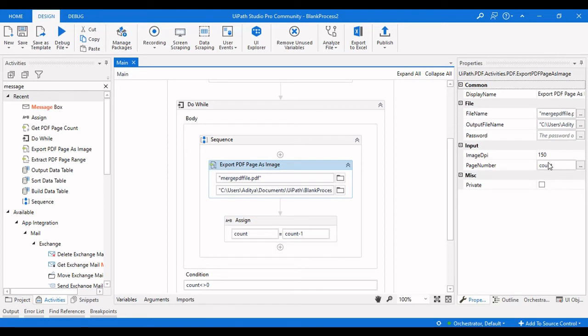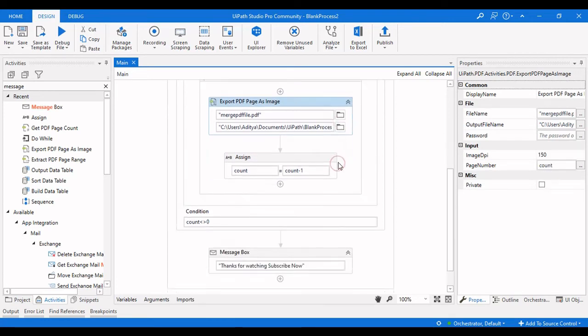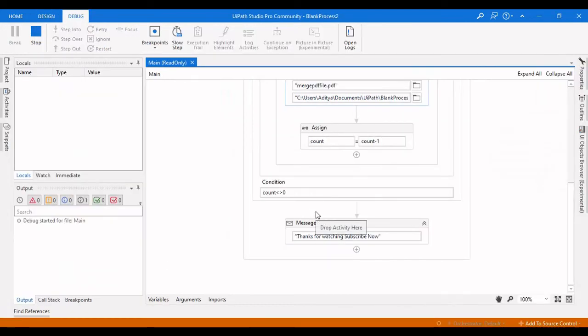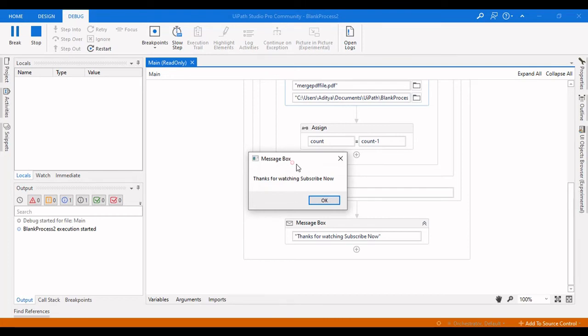Then it will be 6, 5, 4, 3, 2, 1. So we got all the pages covered, right? First let me run this and check whether it is working fine or not. The execution is started, and the process is completed now.